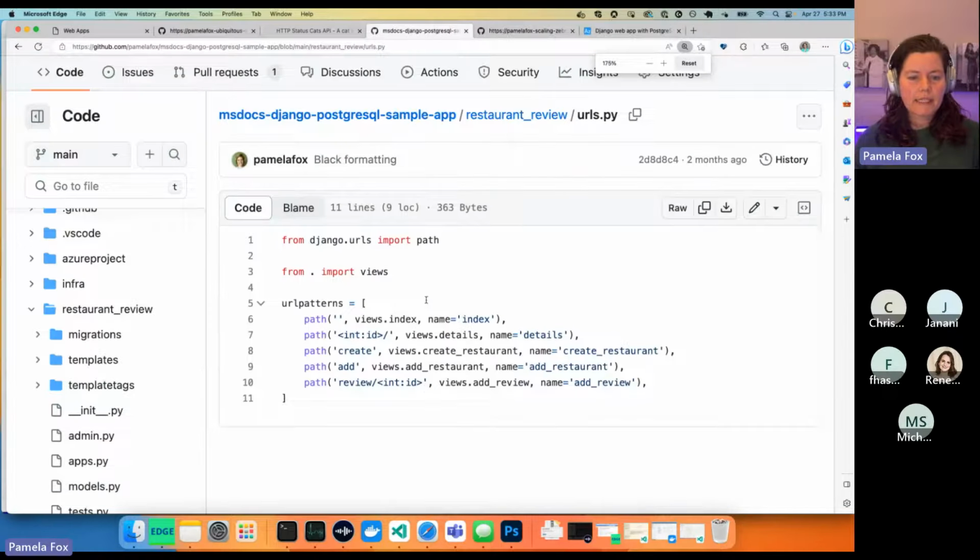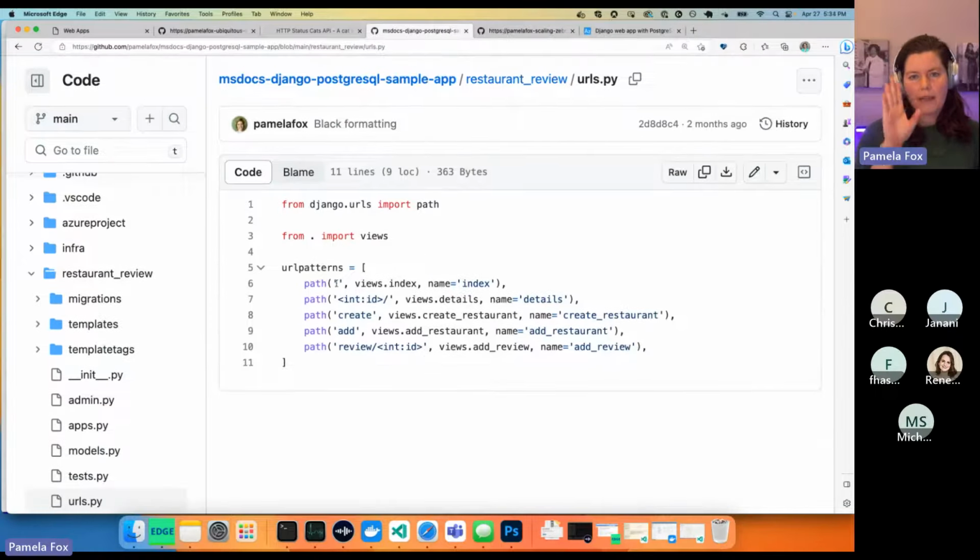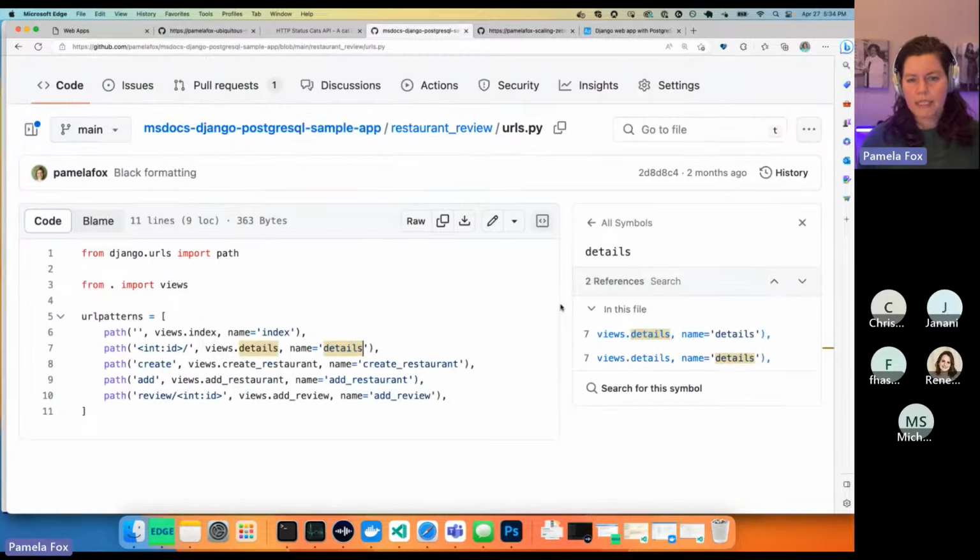The URLs define the routes and what handles them. These are always put in a separate file just for good organization's sake. Here we can see all the routes on this website. We can go to the index, see the details for a particular restaurant, create a new restaurant, submit the form for that, and also add a review.